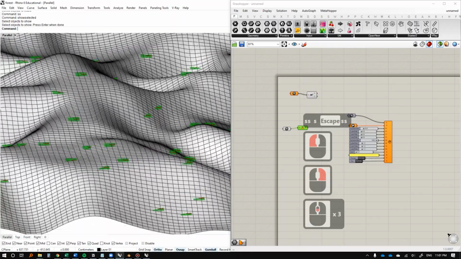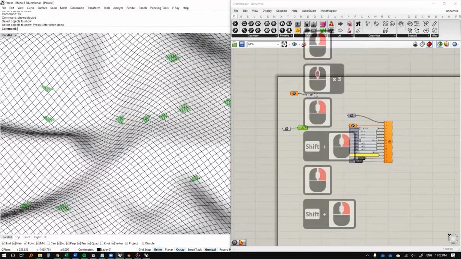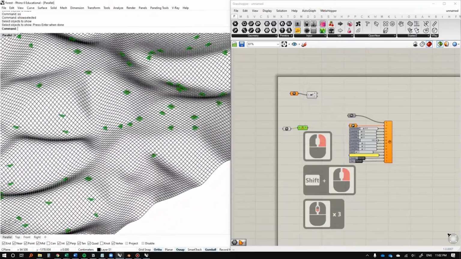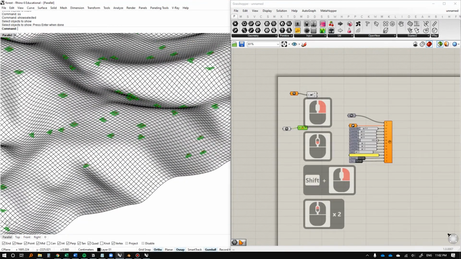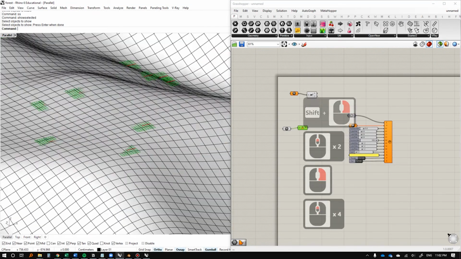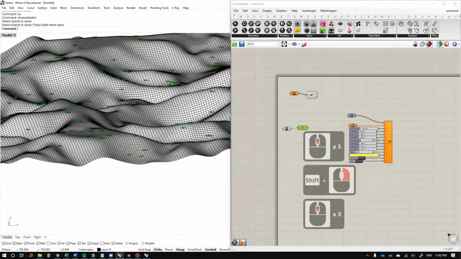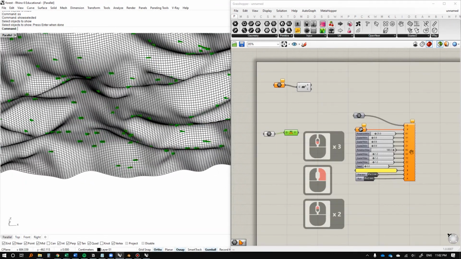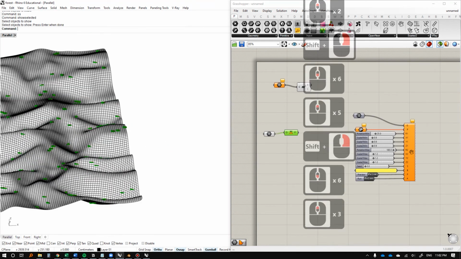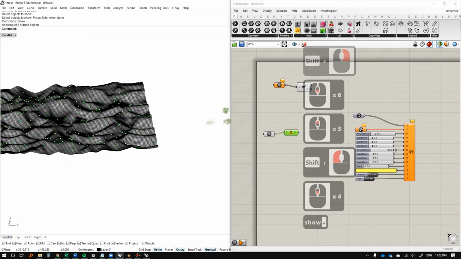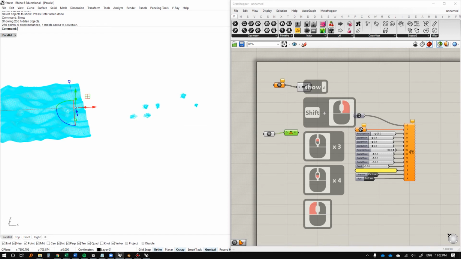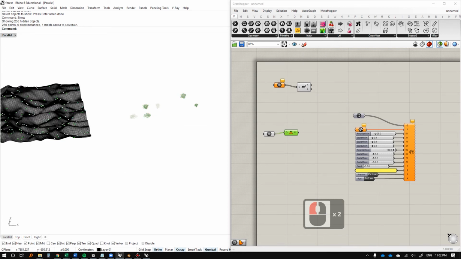Show selected. And now you can see all these planes are perpendicular to, or relatively parallel, or just going into the z-axis of the geometry. Now this might take a little bit of playing with, depending, and we definitely have to show these as a prerequisite for this script to work. So I'm going to plug in this plane into here, and then if I go to preview,